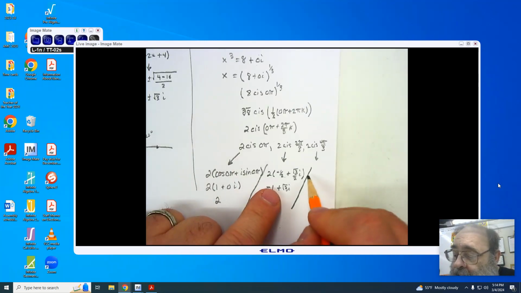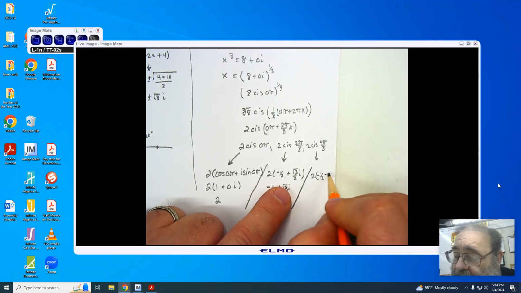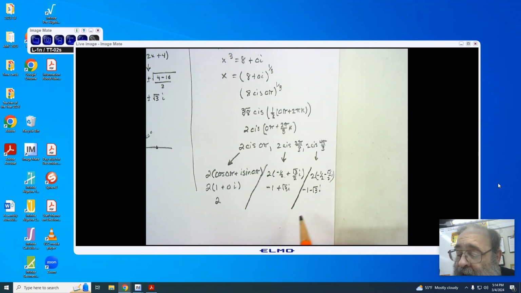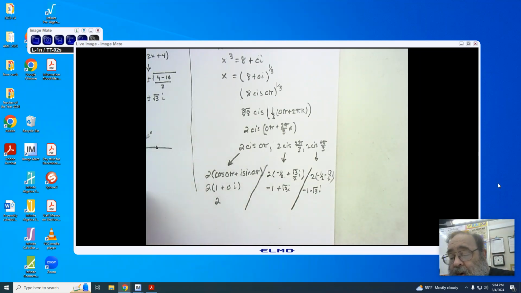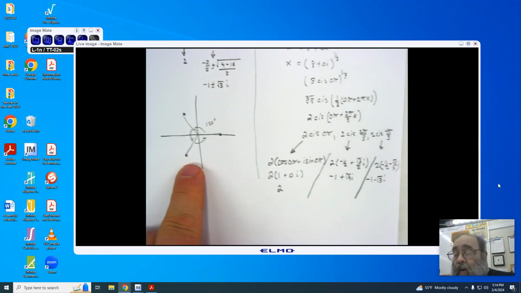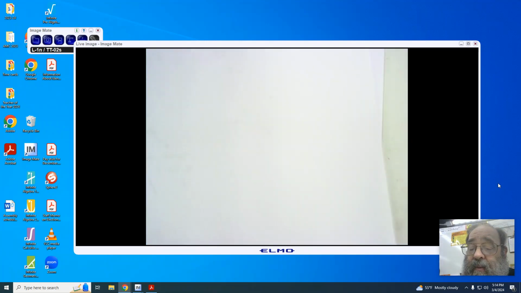Doing this one, we're then looking at 4 pi over 3, which gives us 2 times negative 1/2 for the cosine of 4 pi over 3. And then we have minus root 3 over 2i. When we distribute, we get negative 1 minus root 3i, and that was our third root that we found right here. So it isn't a difficult thing for us to find our imaginary roots as long as we follow this